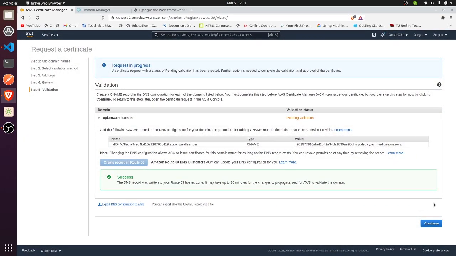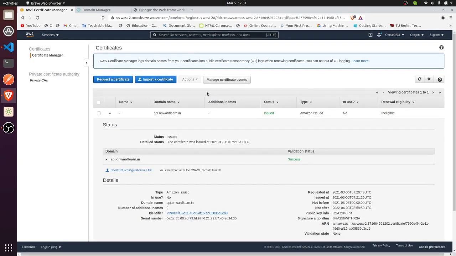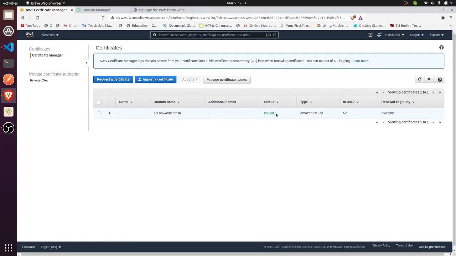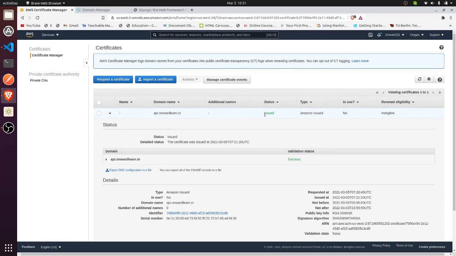This is the reason which links the certificate to that particular domain and makes it an SSL valid website. And click on continue. Here you can see the status is directly given as issued. It usually takes less than a minute to get issued. Sometimes the maximum limit is 30 minutes.